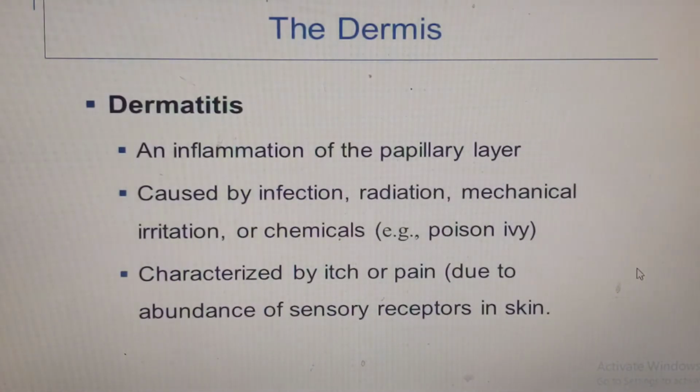Now, if we talk about the skin, that is the dermis, mainly. Dermatology is the study of the skin, and that is why if you have any skin problem, you have to see a dermatologist. And one thing is that whenever we talk about dermatitis, specifically, then we're talking about inflammation actually confined to the papillary layer, mainly the papillary layer. That's dermatitis. And it may be caused through some infection, some radiation, some chemical irritant, or even some kind of chemical like poison ivy, for instance. And then that one is characterized by some kind of itch and pain, because of course we know that in the skin we have a lot of these receptors. So whenever you have pain, very itchy, whatever to the skin, you have to see a dermatologist for that kind of